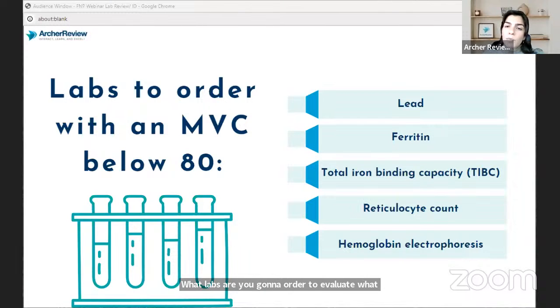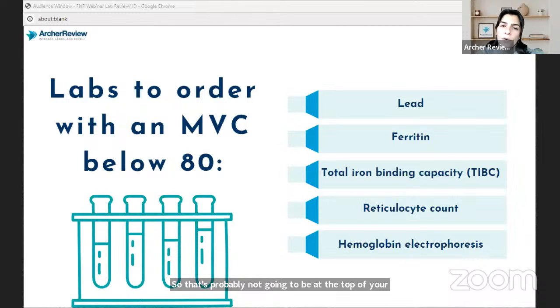So you definitely want to rule out any lead intoxication. It's not likely unless you live in an area where the homes still have lead paint. And if you're looking at a pediatric population, you're going to be screening these patients at regular intervals, starting at 12 months. So that's probably not going to be at the top of your differential for your adult patient population,